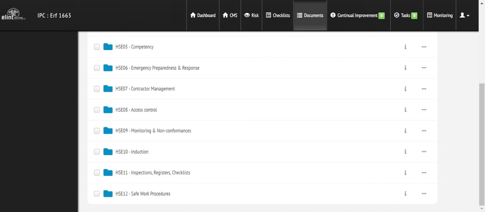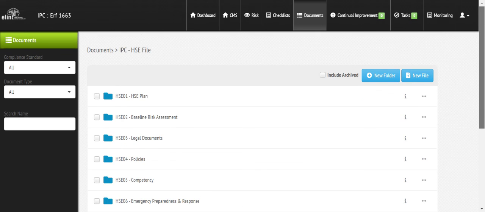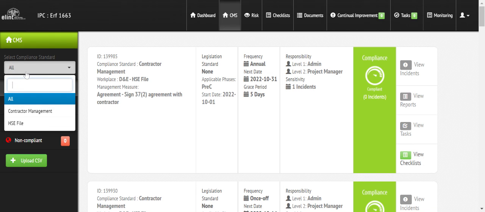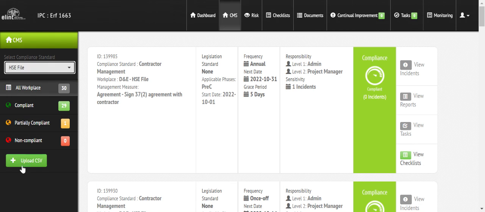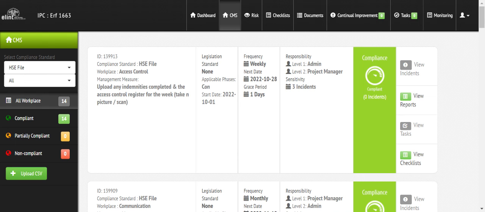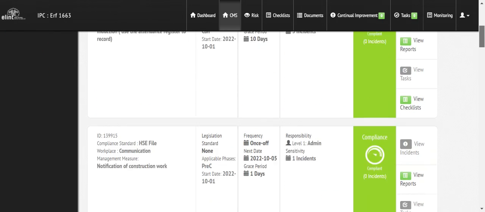You upload your file here, all your information that's required for your site. And then if there's anything that needs to be reviewed, so your risk assessment, your agent might say they want you to review your risk assessment on a monthly basis to make sure it's still valid, or 6 monthly. So you're going to create a CMS for that risk assessment. So that is the initial CMS that I showed you that you upload through your CSV, will be things like that. So if we go in here,